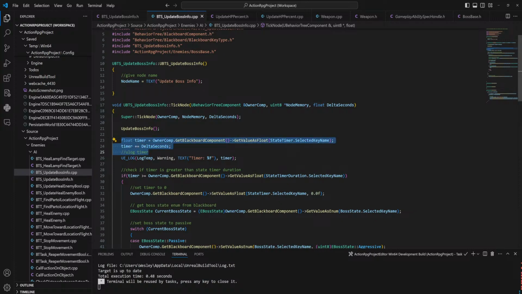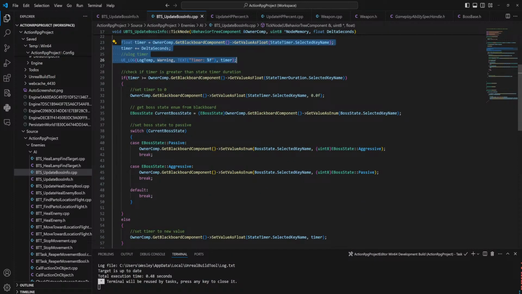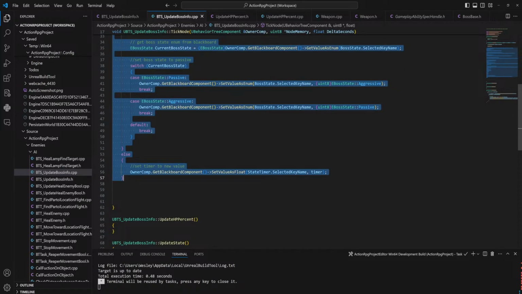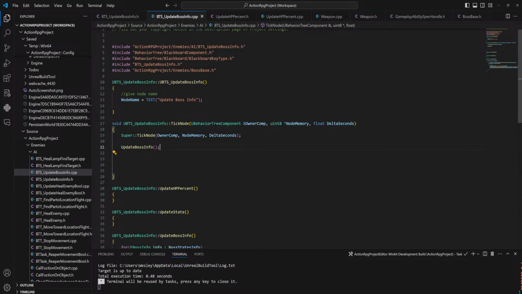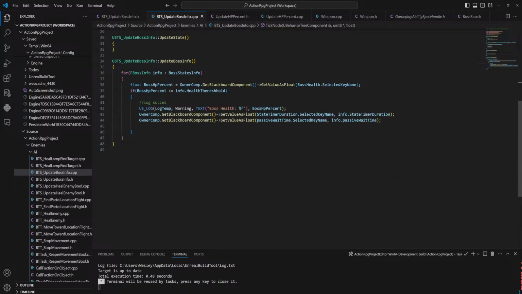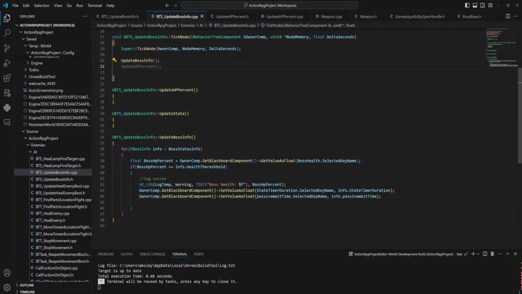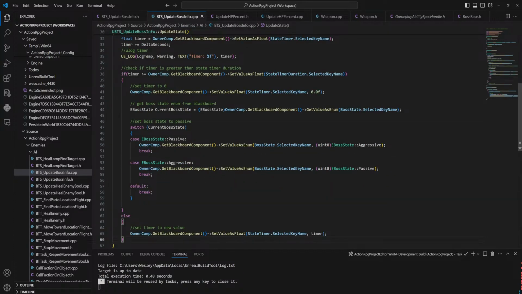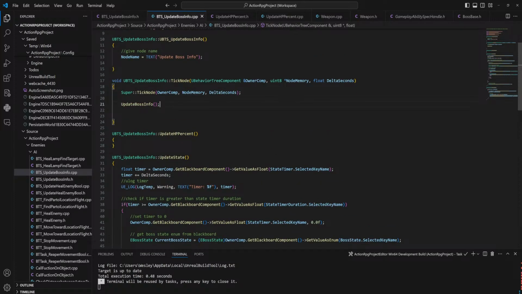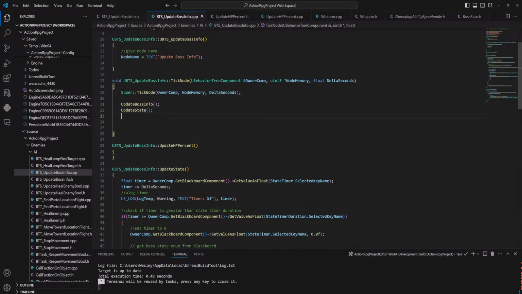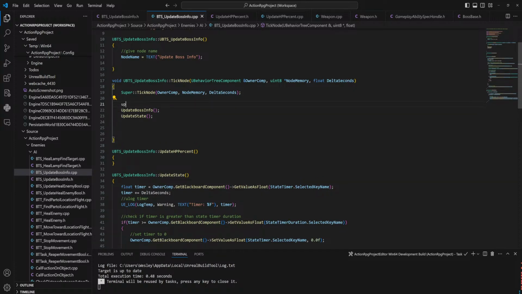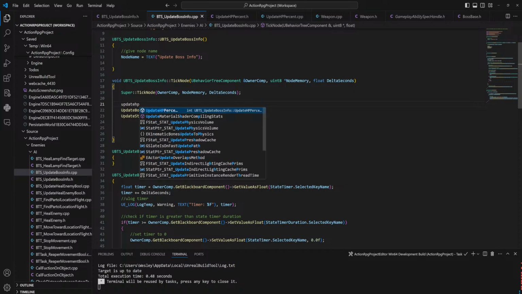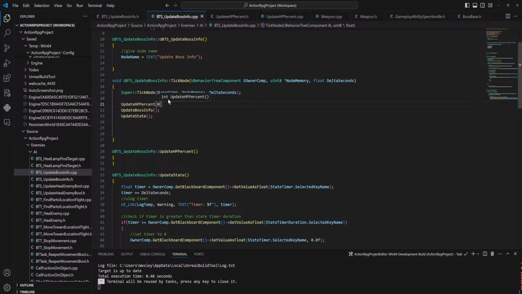Then we have our... Probably could even break that into 2 functions, to be honest with you, if we need to. Update states. And then we actually probably want to do update HP percent first. There we go.